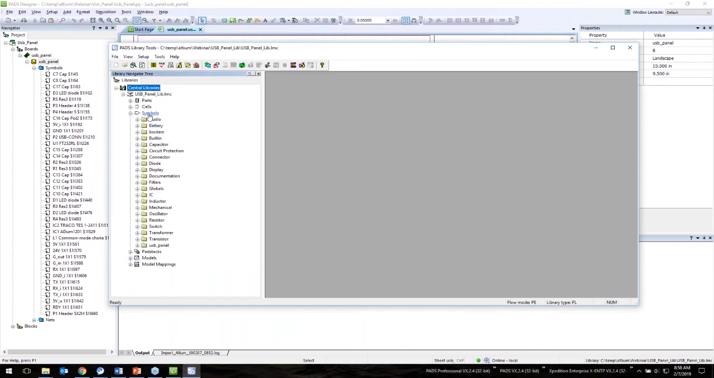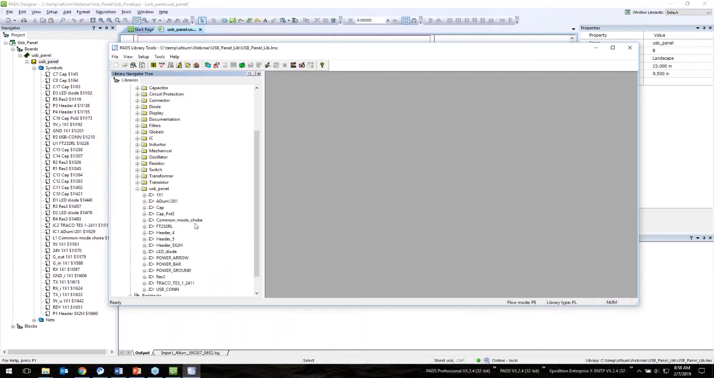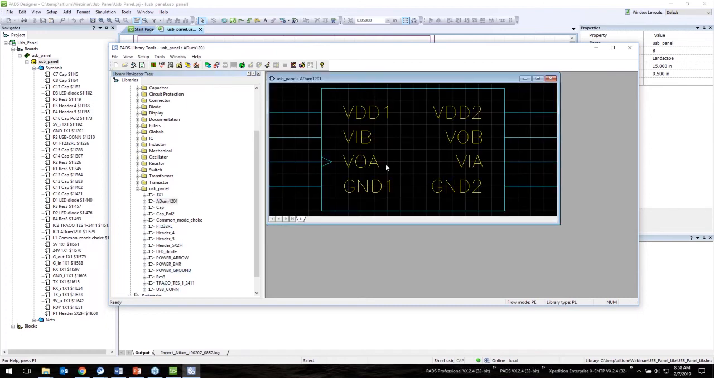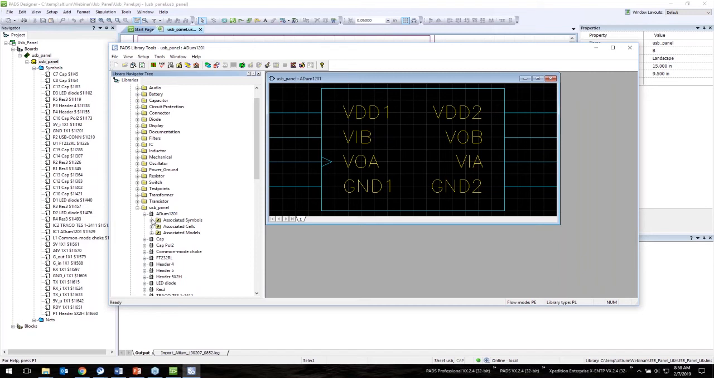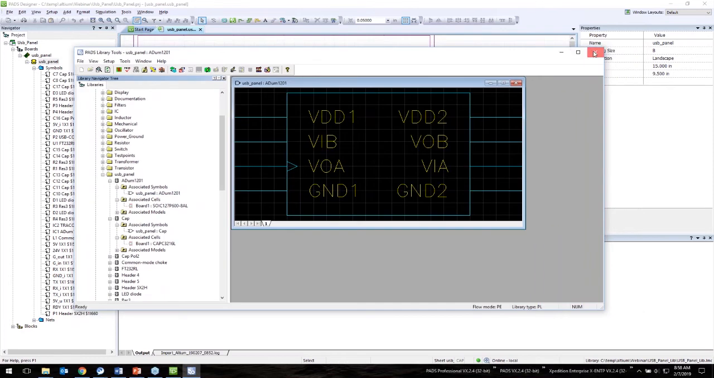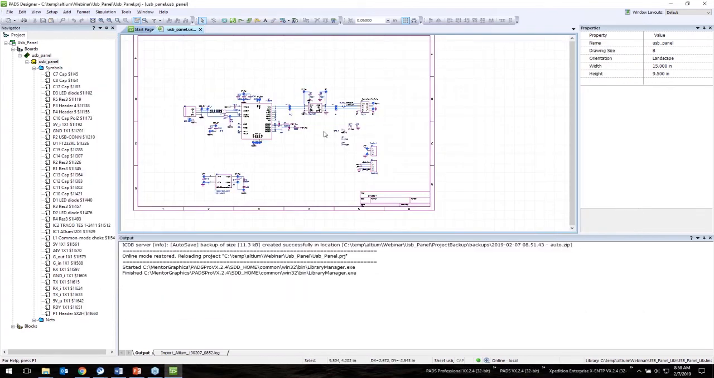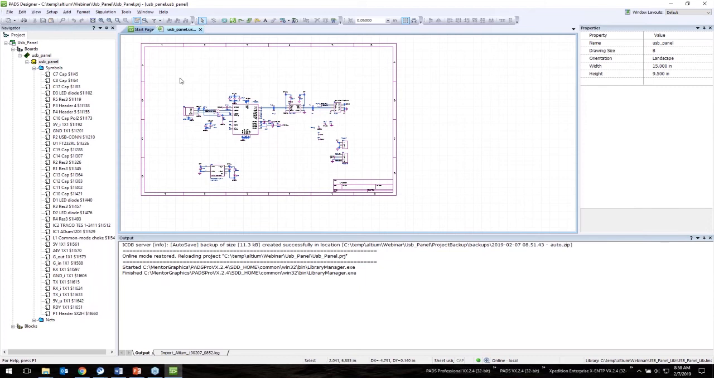Okay, in symbols, we have a new partition now, USB panel, and we can see all of these symbols came over, and for the most part they look pretty good. And we'll check the parts. We also have a partition USB panel, and with these parts, we have symbols and cells associated with them. So for the most part, this is looking good, and it looks like we should be able to package and forward annotate. So it's looking good so far, nothing blatantly obvious wrong with it, so we'll go ahead and continue